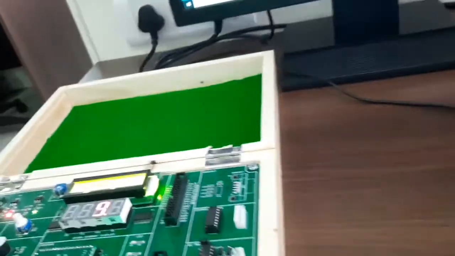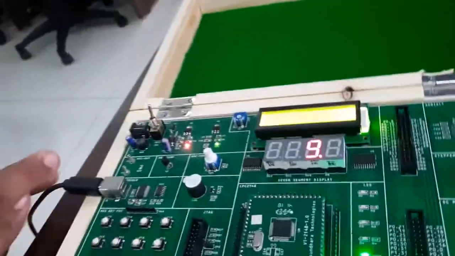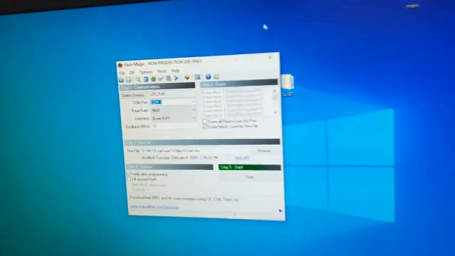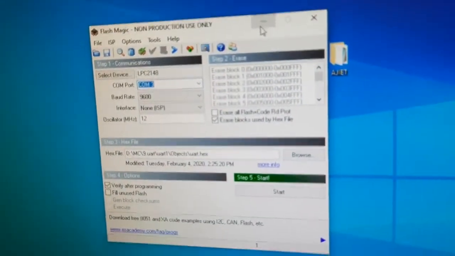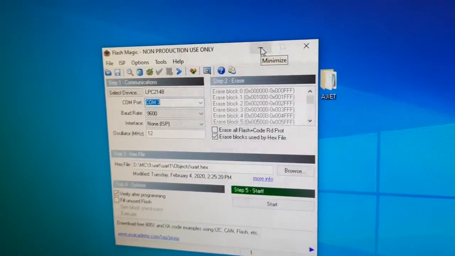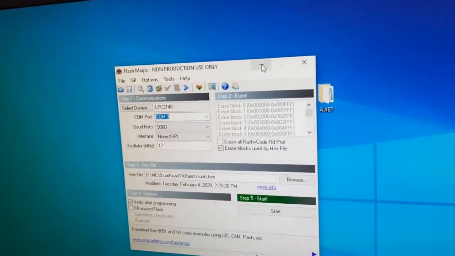Okay, USB port. Now once this one is connected properly, then you will get one COM port in your device manager. That means you have to search which communication port, USB port is connected.